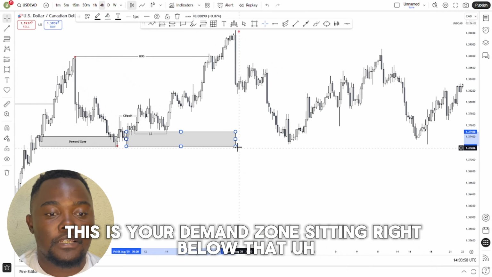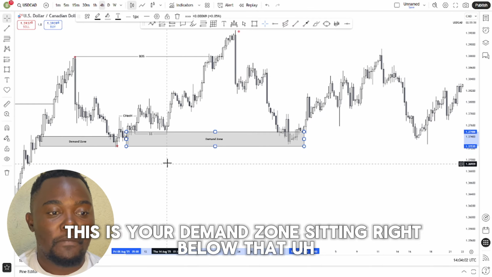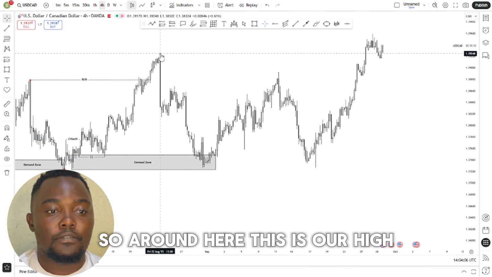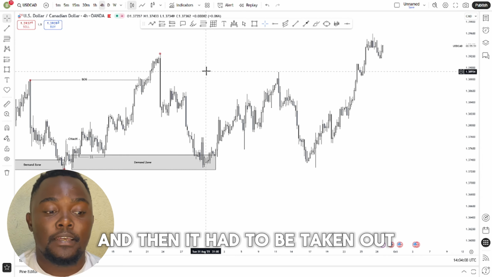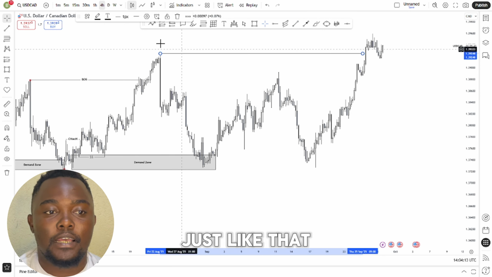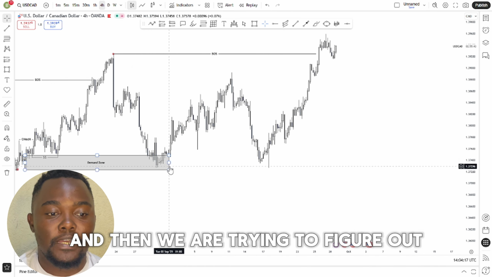So around here, this is your demand zone sitting right below that area of liquidity. Around here, this is our high, and then it had to be taken out, of which it did get taken out just like that. So now we are looking at the current market structure, and then we are trying to figure out where